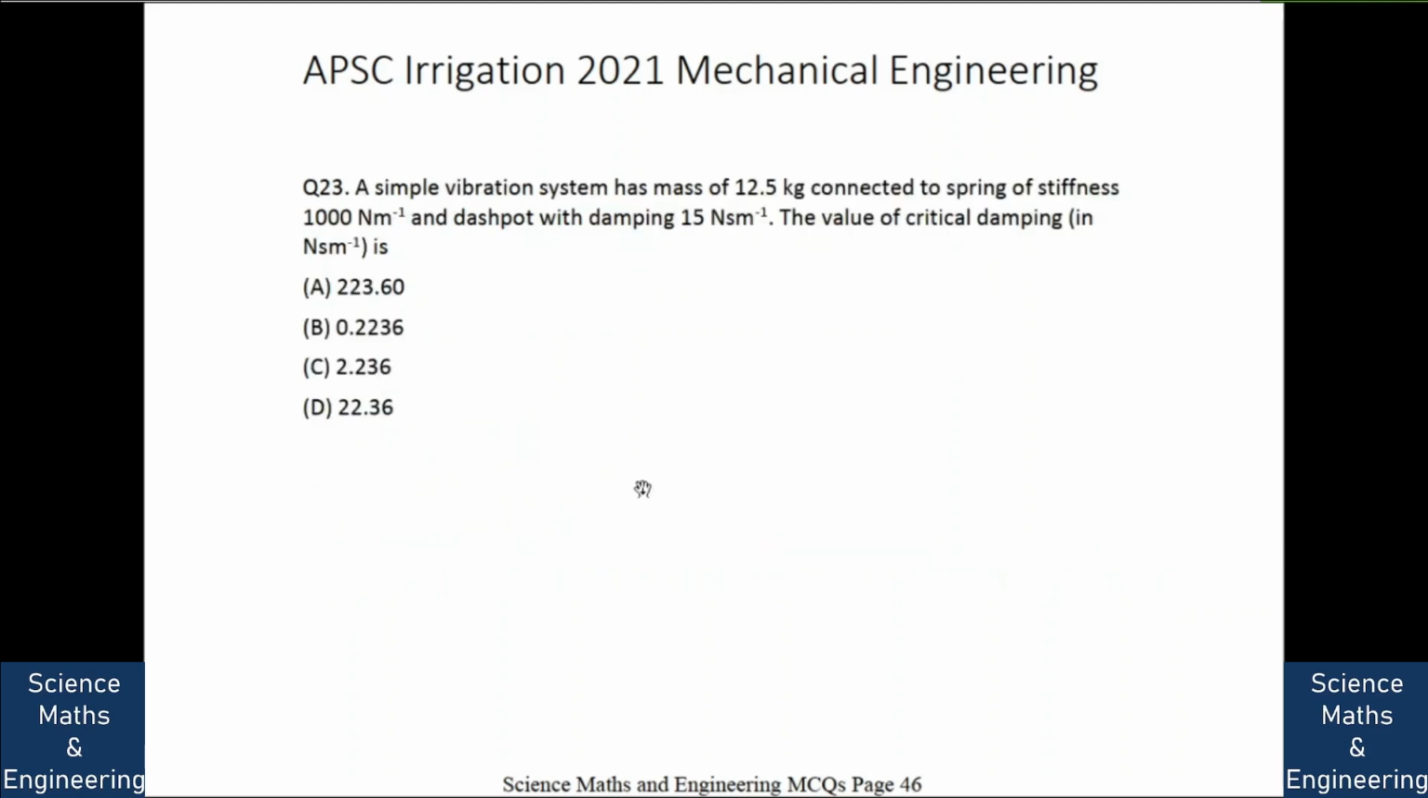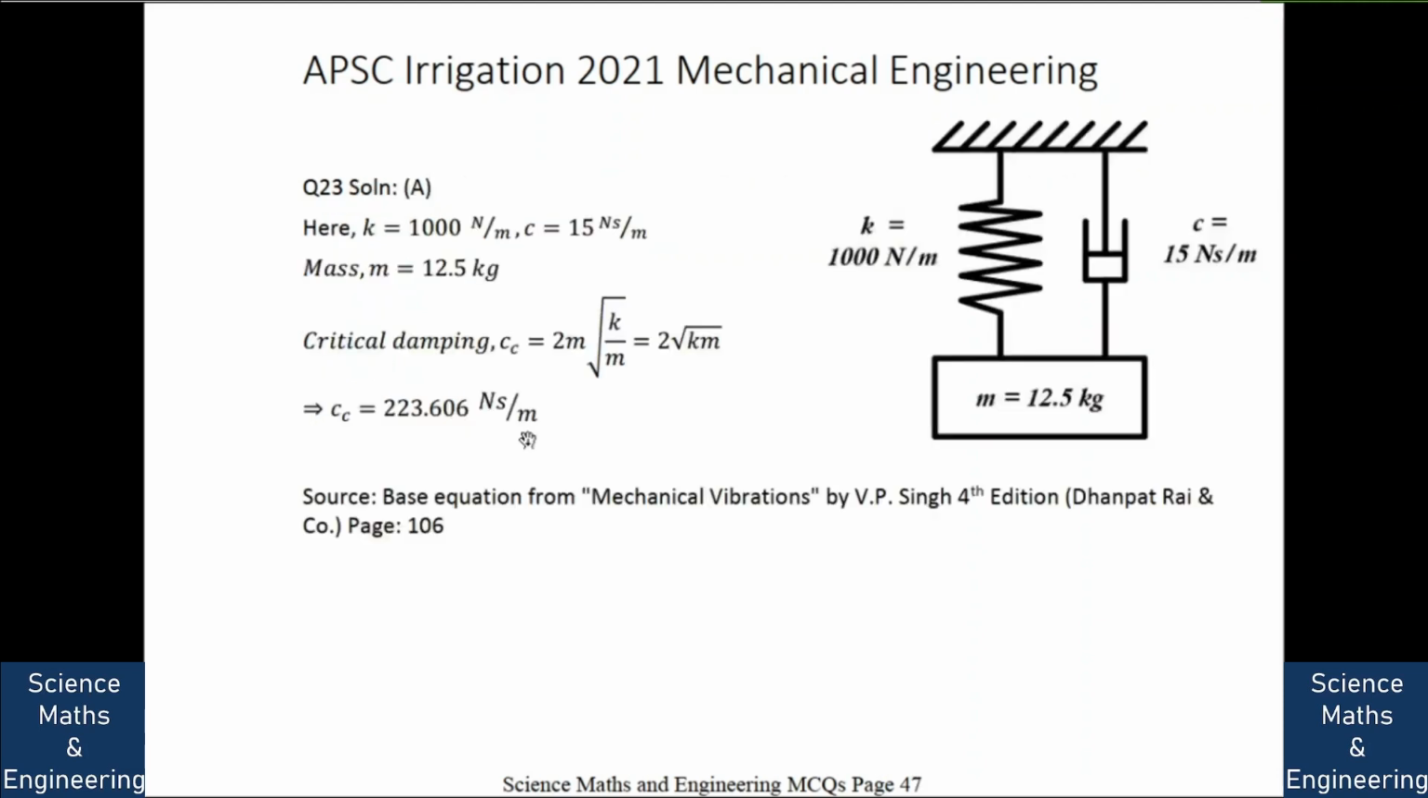A simple vibration system has a mass of 12.5 kg connected to a spring of stiffness 1000 Newton per meter and a dashpot with damping 15 Newton second per meter. The value of critical damping in Newton second per meter is A, 223.60, B, 0.2236, C, 2.236, or D, 22.36. So you can pause and think of the answer. You can solve it. So the answer is